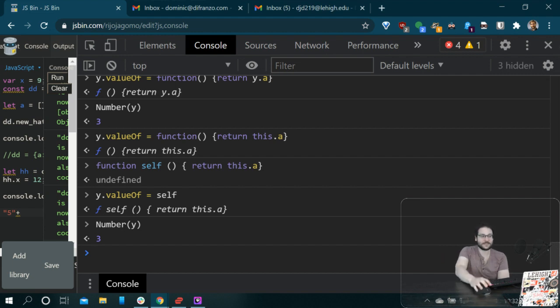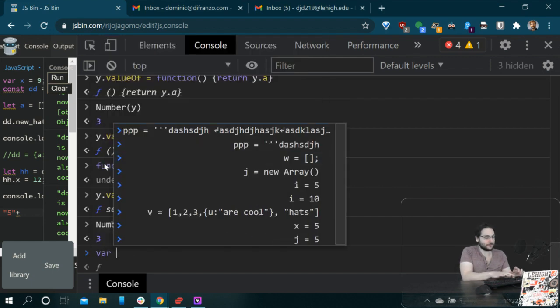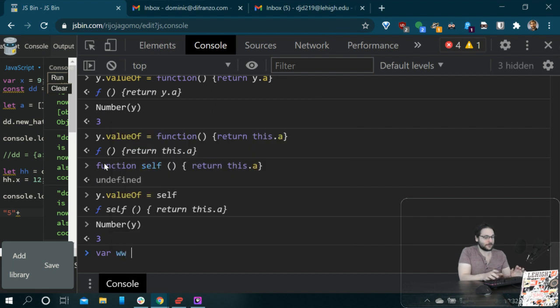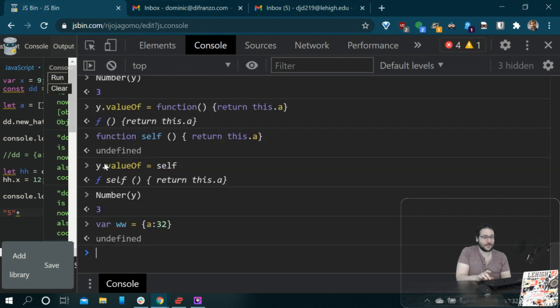So self, as this function self, doesn't know anything about a y or other for that. Or maybe I want to use it for lots of other things. If I had, let's say, var dub dub equals a 32 or something like that. You know what I mean? Now this is a completely different thing going on, right? Maybe I want